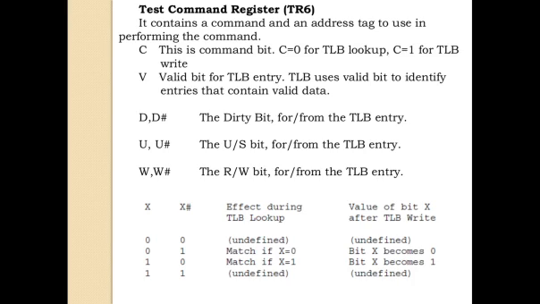Second, the U bit, it is the user or system bit. So who is performing the operation? It will be based on the U bit, whether it is a system or a user. So it defines the protection mechanism. If it is a user, there will be some restrictions, whereas in case the system is performing the operation, there is no restriction on the access of data or execution of any instruction. Third, W is the read write bit.